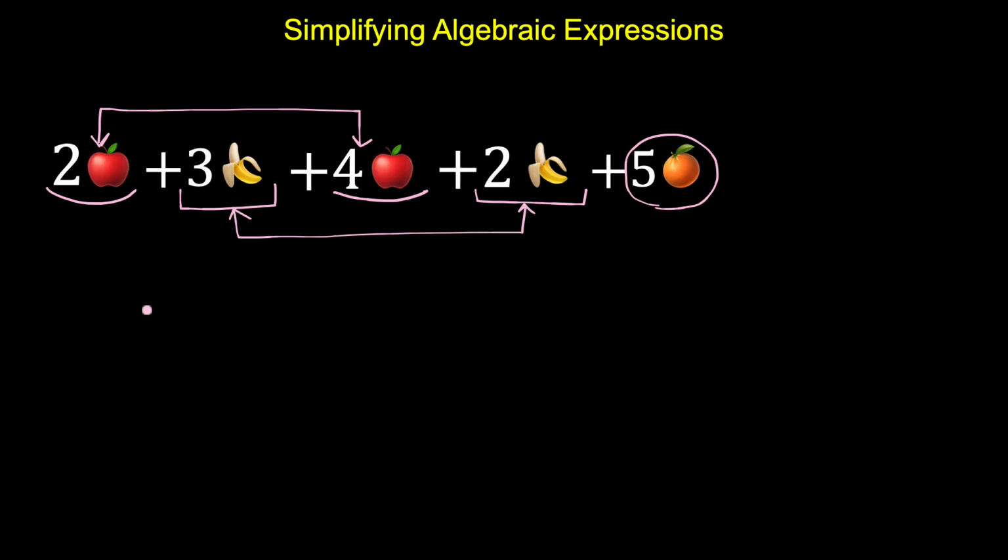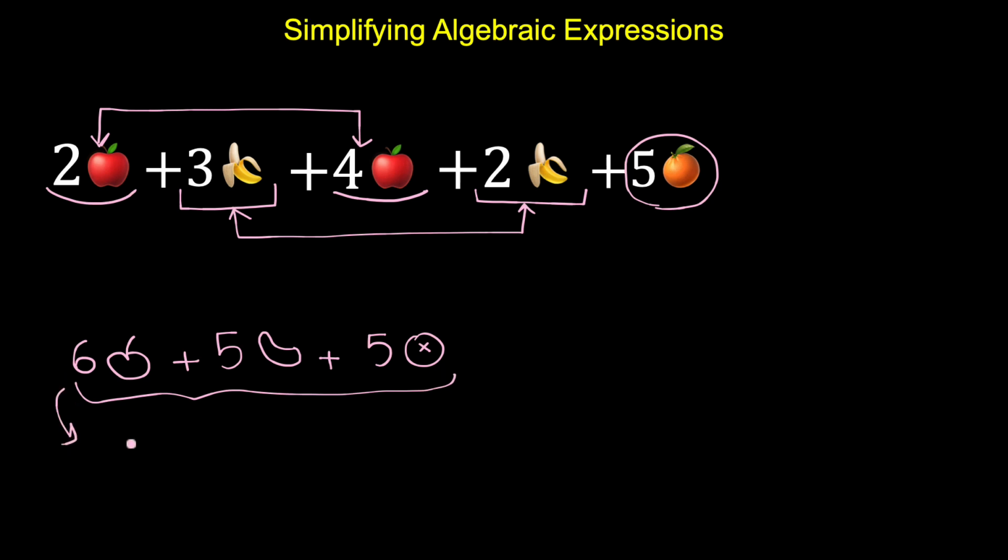Now we need to combine these like terms. So 2 apples plus 4 apples equals 6 apples. 3 bananas plus 2 bananas equals 5 bananas. And we have 5 oranges, and because we don't have any other terms which include orange, we have to write it by itself. So our simplified expression is this,